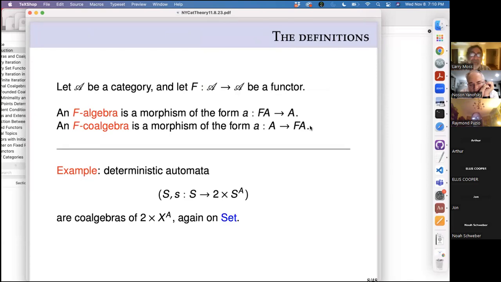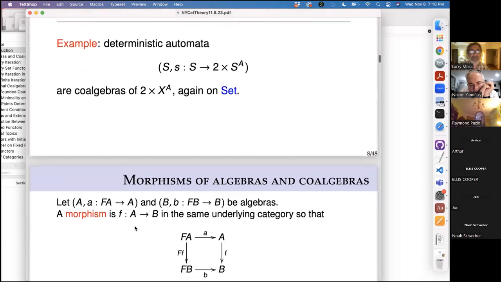So here's an example. On Set, we have a functor 2 times X to the A. That takes a set X, and A is a fixed alphabet. So this is about automata. You think about A as the input letters to an automaton. And now this gives you a functor. It takes a set X to 2 times X to the A. And then you could ask the question,